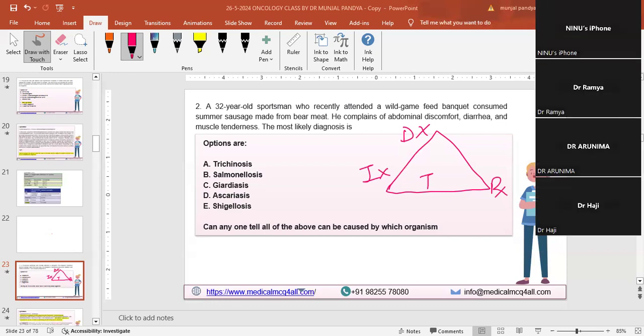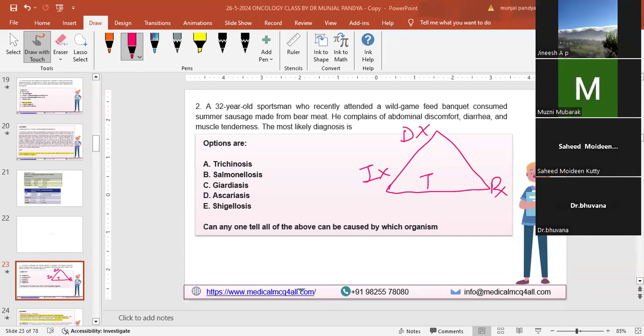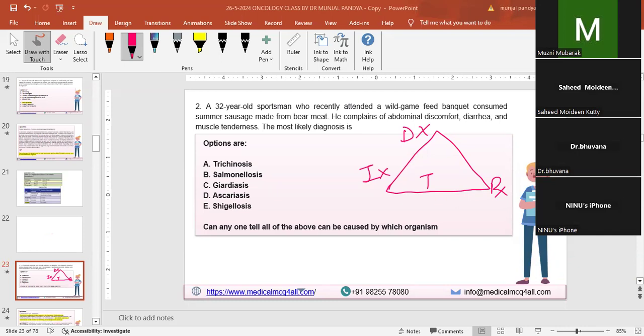Dr. Pooja, are you there in the class? I think you are there. Yes. Would you like to attempt, doctor? What could be the thing? This is what questions come in the exam. This is how. So don't worry. This is the practice. I want to give you the real idea of how you are supposed to crack the MCQ, not just by reading or mugging up the things. So do you have any idea? I mean, how are you going to answer these questions, or what are the tips and tricks in this question?